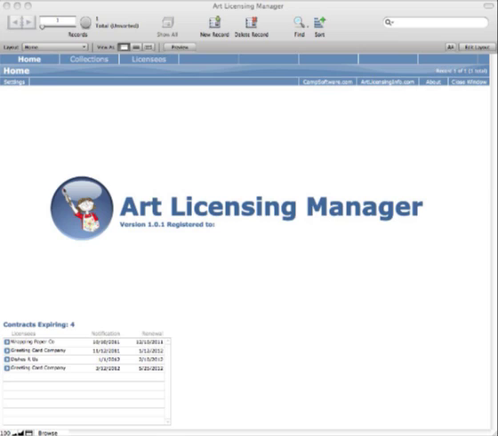As your business grows, whether it's art licensing or art licensing plus other art type things, you're going to need to have more sophisticated systems to organize your data, and you want to have them kind of integrated.